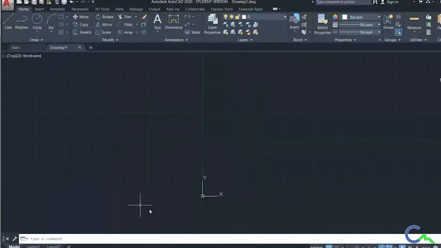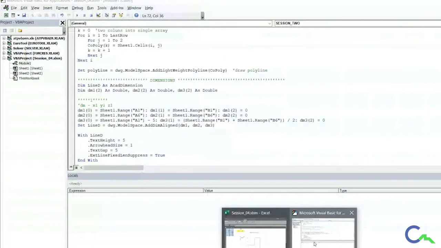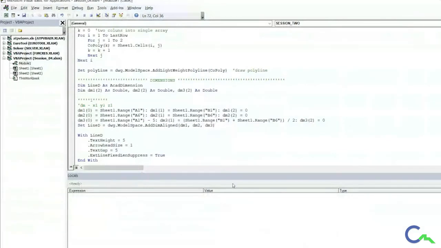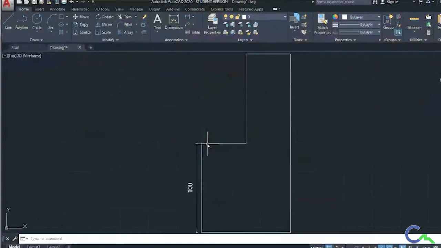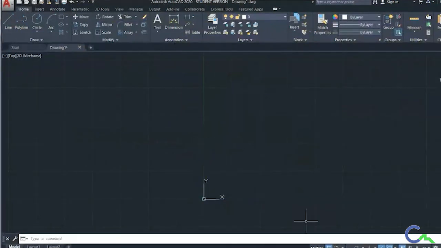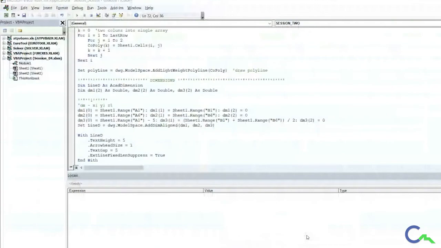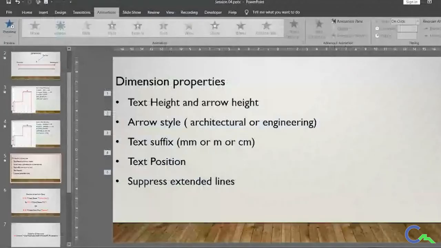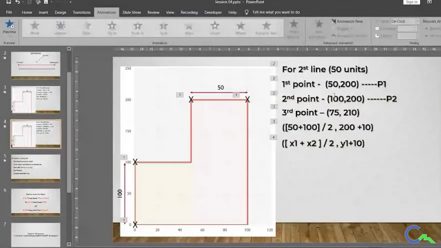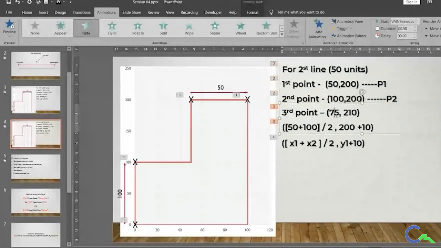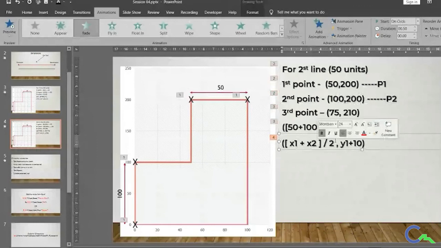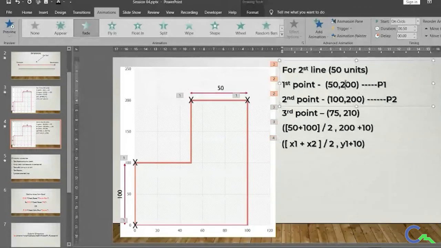So coding is like this only. You have to check and get your final product. You have to try and try. So see, this is a beautiful dimension what we have got. In the same way, we'll put a dimension for the next one, the 50th line. I can see this is x1, y1, x2, y2, and x3, and I can get these points from the Excel.